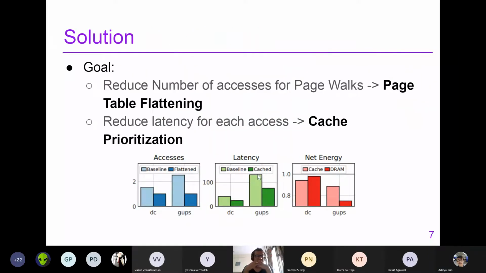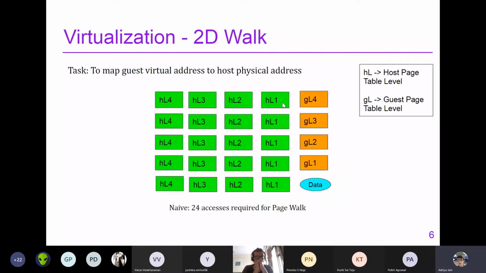Why 24? For getting GL4, we need to perform 4 accesses in the host level, and then we have to access the guest level 4. Then to get GL3, we have to perform again 4 accesses. So in each of the first 4 lines, we have to perform 5 accesses, meaning 5 into 4 is 20. And in the last level, we have to perform these 4 accesses. So 24 accesses are required in the naive approach, but with the PWC, this is reduced to 4.4 accesses on